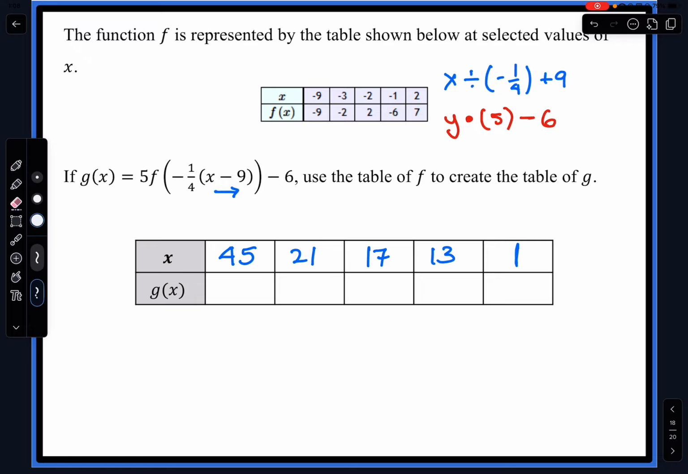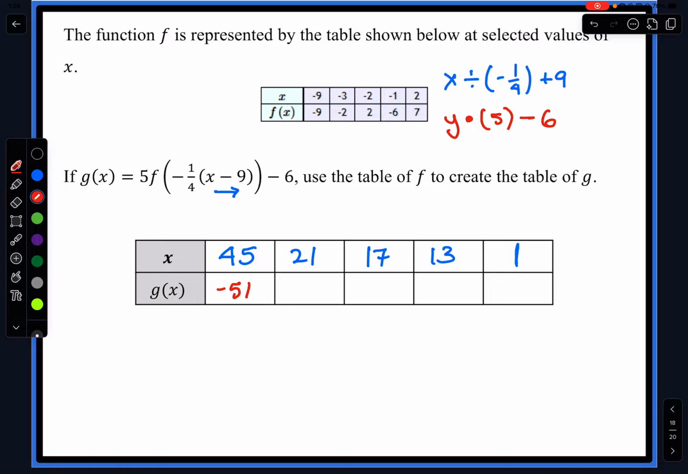Like I mentioned, the first one, we already know is going to be negative 51, because this is negative 9. Let me do a different color. Let's do blue, I'm sorry. Negative 9 times 5 is negative 45, and then minus 6, that's negative 51. And now negative 2 times 5 is negative 10, minus 6,